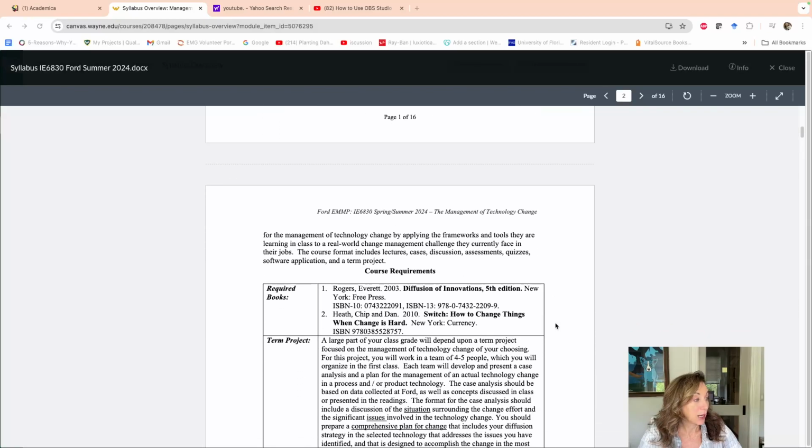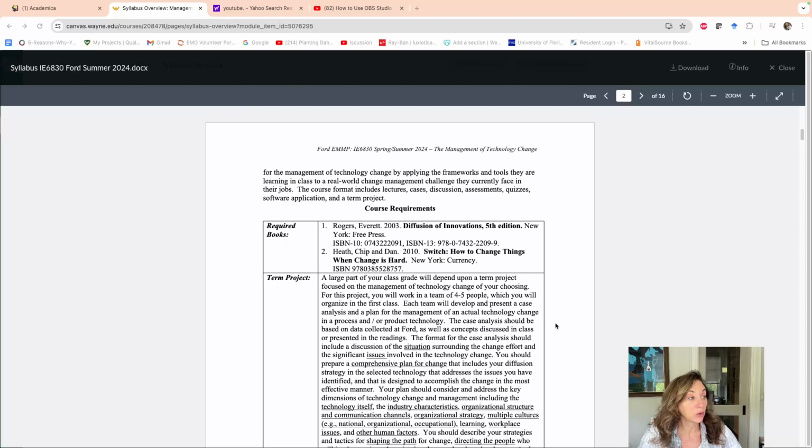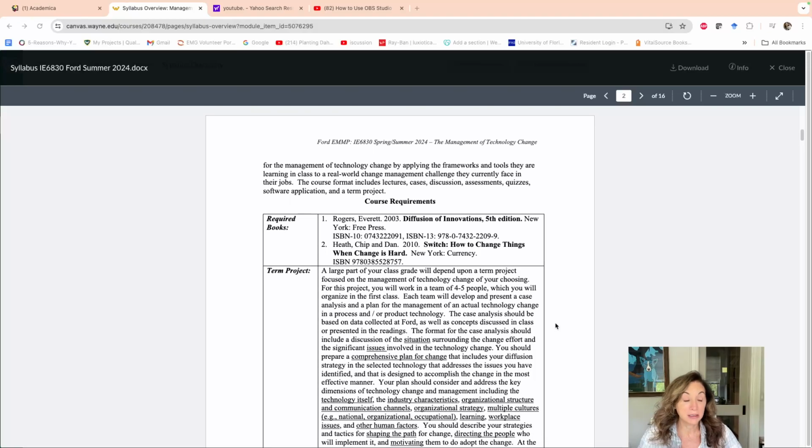Everett Rogers, Diffusion of Innovation. This is a really old book. It was originally written in 1995, and then it was updated just before Everett Rogers passed away in 2003. But from that date, you can see it missed a lot of huge disruptions, like the iPhone and social media. The point of this book, though, is that this type of disruption has been taking place